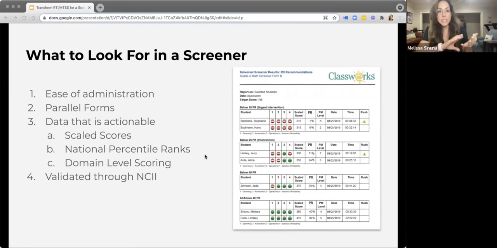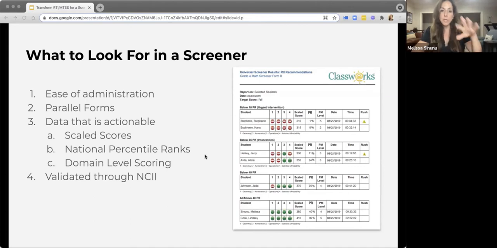So, as Judy said, scaled scores that tell grade level readiness, percentile ranks as compared both to the nation and like populations. Really, percentile ranks are one of the easiest ways to establish initial placement for students into tiers 1, 2, or 3. And then a bonus might be domain level scale scores that help determine intervention areas of focus. So resources like the National Center for Intensive Intervention have a great list of screeners to choose from.